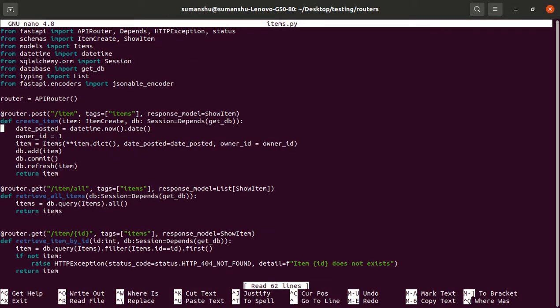When we are creating the item, by default every time owner ID equal to 1 is entering into the database, right? Because we are in the learning phase, we hard coded this owner ID, but the owner ID should not be hard coded. The user first comes and creates an account, one ID will be assigned to that user, then they log in to the account and create the item, and automatically the ID of whoever is logged in should come here, not this hard coded ID, right?